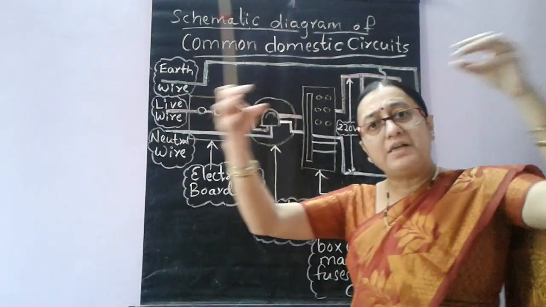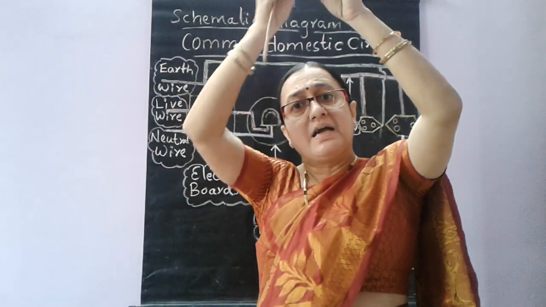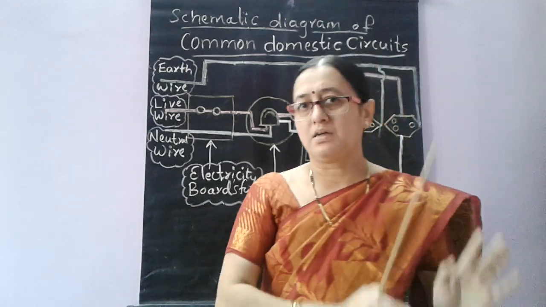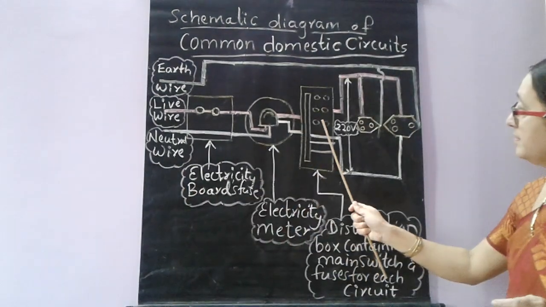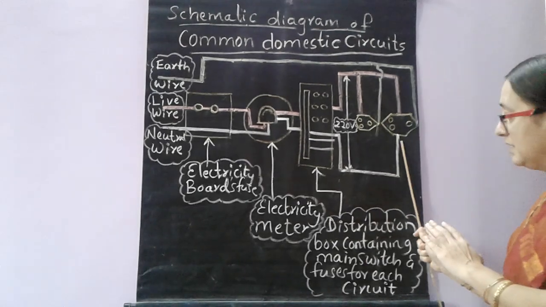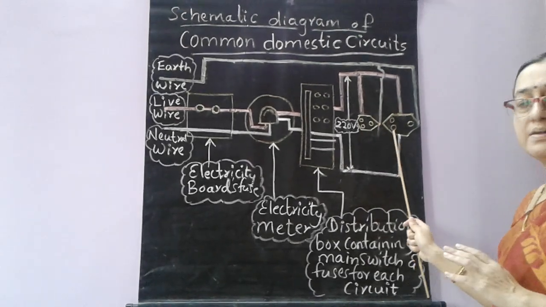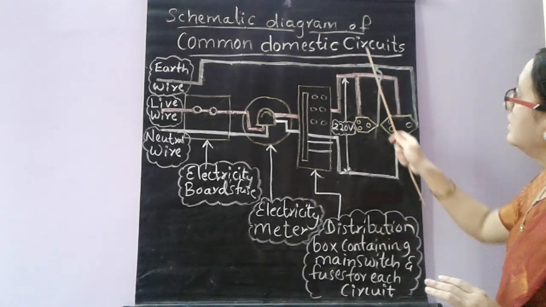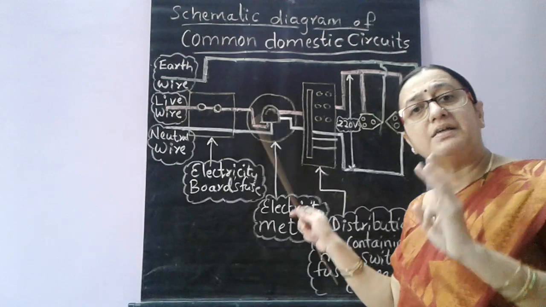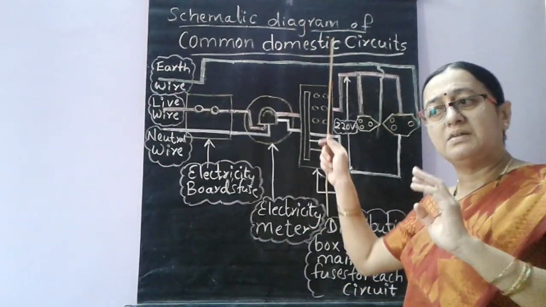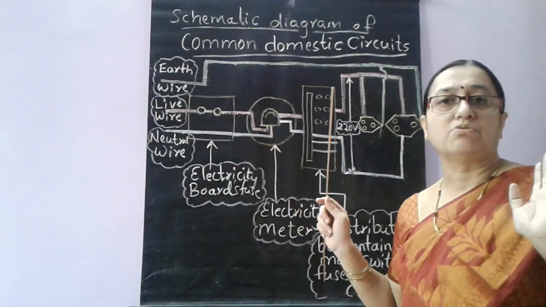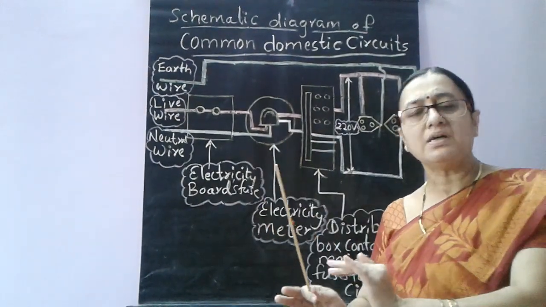From each and every switchboard the earthing points are taken and attached to the main earthing point, and that is discharged to the ground. Then from the main switchboard to each and every switchboard in your house, the wires are connected. So the live wire, earth wire and neutral wire are the three main wires in your house. The earthing wire is only in your house and is directly attached to the ground so that extra charges are discharged to the ground.